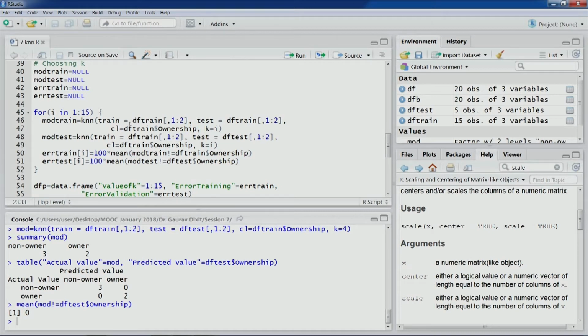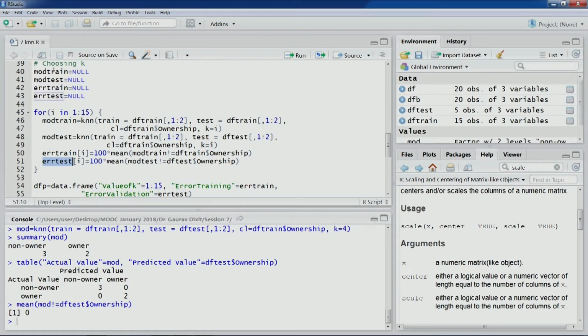So what we are going to do is, for different values of k, we would be building a K-NN model, and for each of those models we would be predicting the class of observations in the test partition, as well as re-scoring the training partition. We would be predicting the observations of the training partition itself, right. And then we would be recording the misclassification errors in the training partition and testing partition.